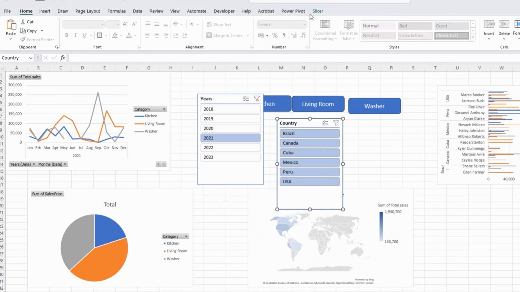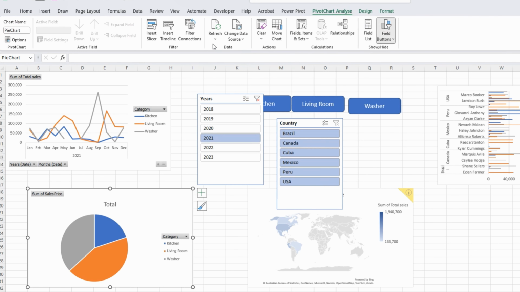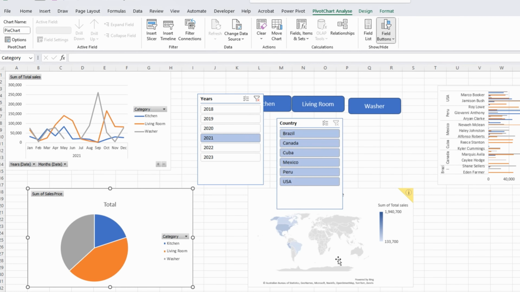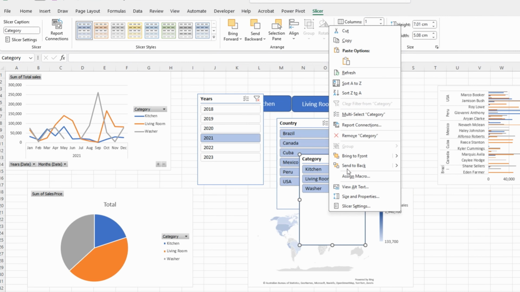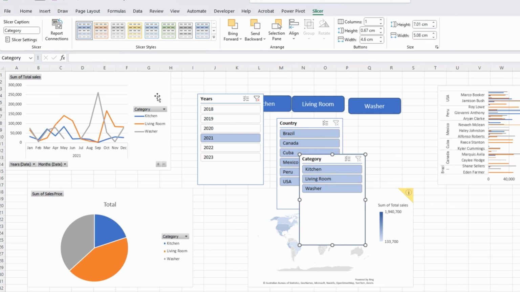And last we'll add another slicer for insert slicer. This will be category. Okay. Now let's report these connections. Sales by categories are already showing us the sales by category, so we don't need this connection. Instead, we need connection for all of these 3 charts. Once this is done,